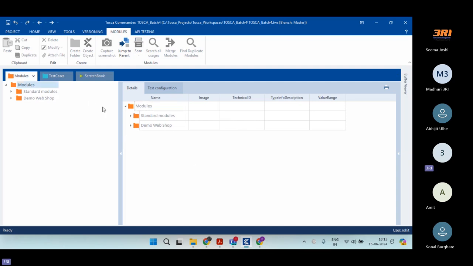So, Tosca is usually referred to or termed as a codeless automation tool, or a module-based automation framework, right? The only reason is that we do not script or program any piece of code to run something. Here, we do not write any code to run a particular test scenario. Here, we just scan the pages. When I say scan the pages, we create modules for those particular pages, and we use those modules